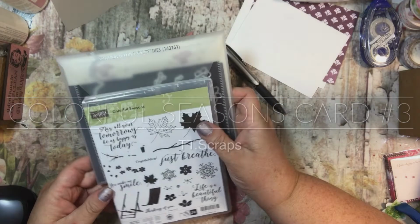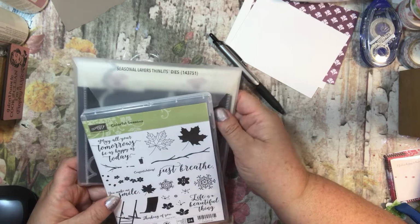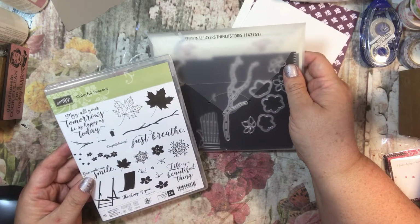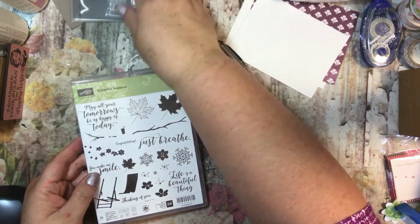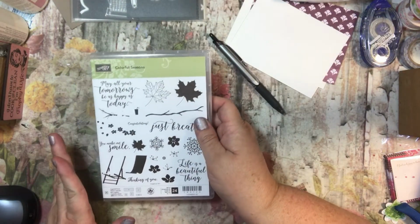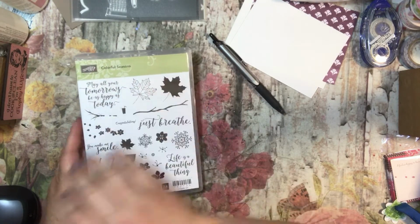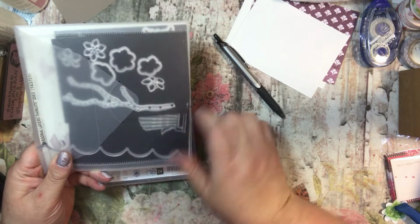This is sold as a bundle through Stampin' Up! With Colorful Seasons and the seasonal layer thinlit dies that are just beautiful together. They work wonderfully together, and also you can use some of them separately as well, even the dies, which is fabulous. You can always use the stamps separately, but sometimes the dies are exclusive to the set. Other times there's some in there that you can use on their own, like the water or the